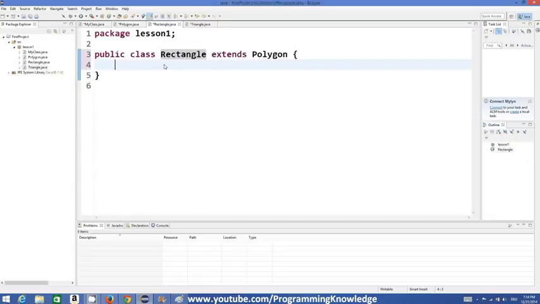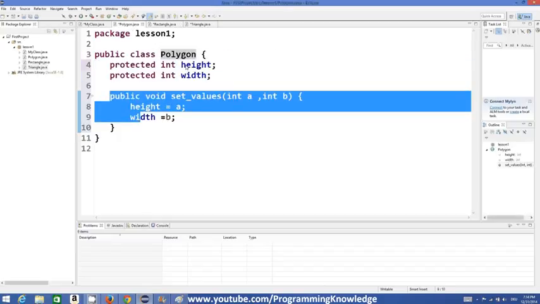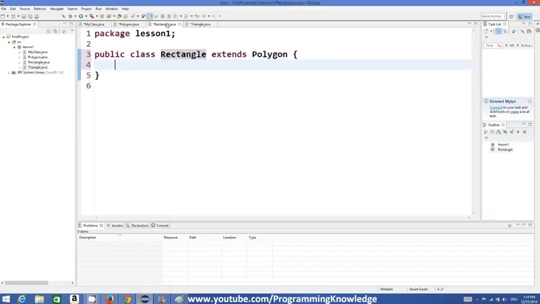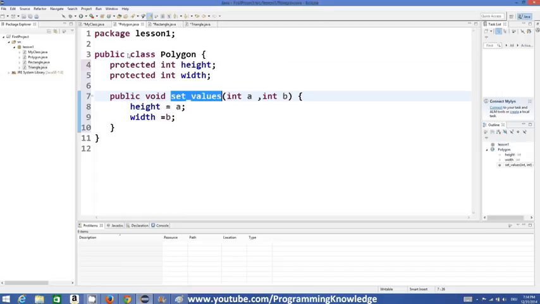So these members height, width, and set values can be accessed by this rectangle class because we are extending from it. If these variables and this method were private, then we could not use them in other classes, but because they are protected and public,